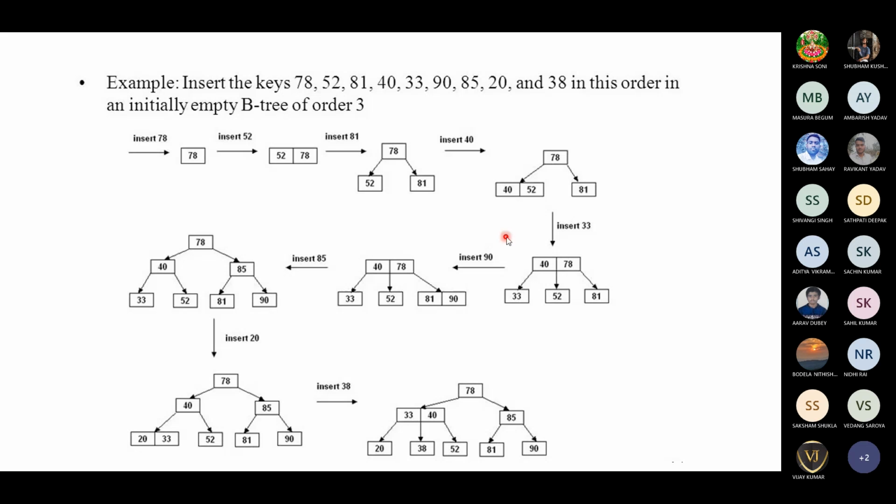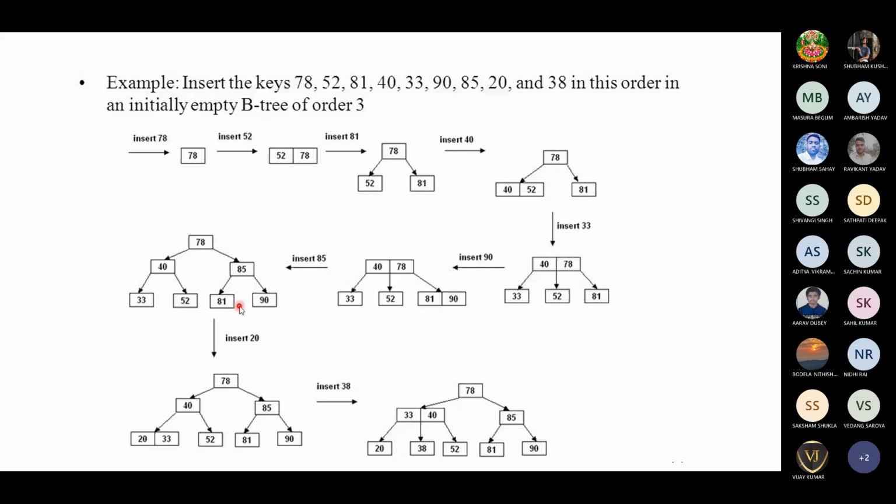So the node formation will be done like this, as I'm pointing with the laser pointer. Next, when 90 comes, it will go to the right side and be inserted after 81. After 85 comes, again this node will split. 85 will become the root node, and 81 and 90 will become the left child and right child.